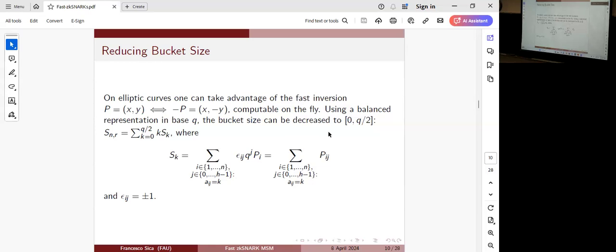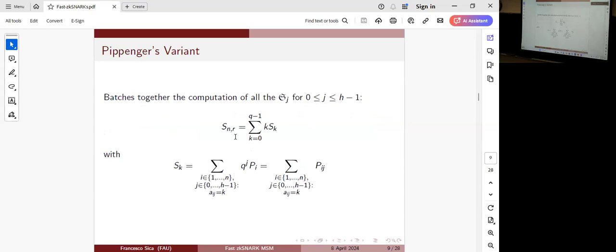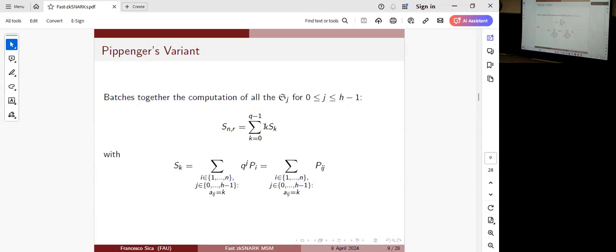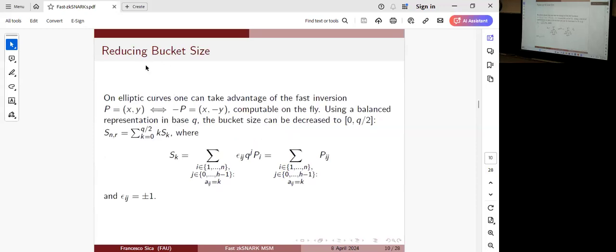There's also another trick to reduce the bucket size. Here you see that the possible values of k are, well, q minus 1, well, q in fact, but when you're multiplying by k here, when k is large, this takes a bit more time. So the idea is to use the fact that on an elliptic curve,